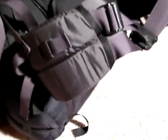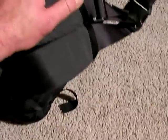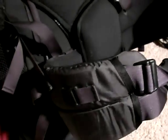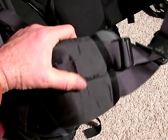How's the waist belt? That's probably one of the most important suspension features on a backpack. Very comfortable, very durable too. They use a really high density foam, which I like. I like that high density foam. I find it's very comfortable. We want to situate this with our hip bone right about in the middle of the